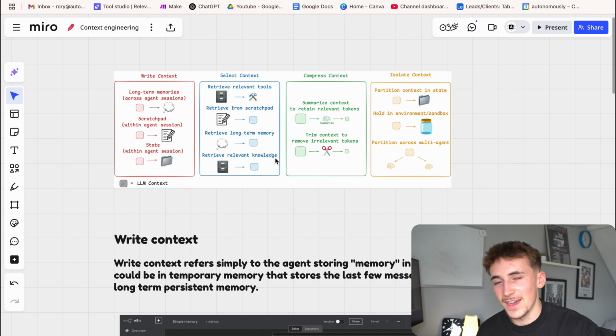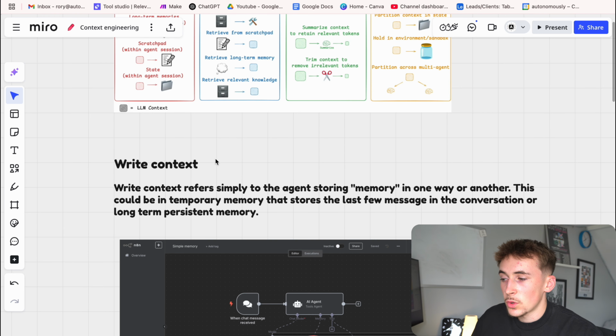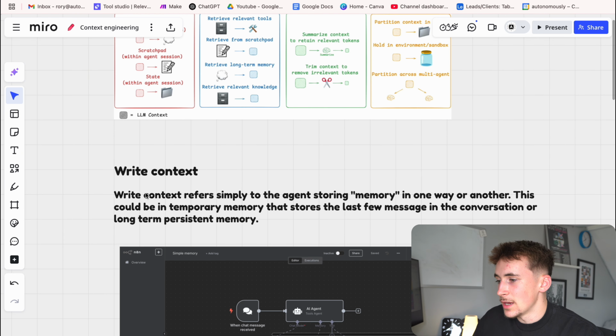And if we have a look in N8N, you might actually be familiar with some of the concepts that I'm going to talk about, because you probably just do them by default already, some of them. I know I found out that I already did when I started looking into context engineering. So the first one is write context, and this simply is referring to the agent storing memory in one way